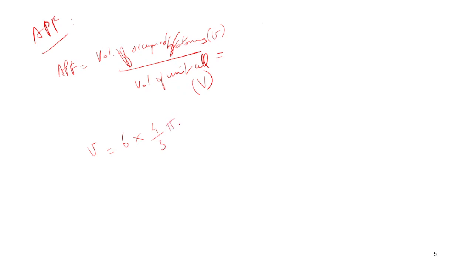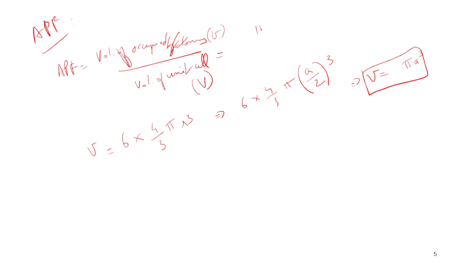volume is sphere. It's a solid sphere. So 4 by 3 pi r cubed, and if we solve this, right, it will be 4 by 3 pi. And if we remember, we solved that r is equal to a by 2, cubed, and then we finally solve it, the volume will be like pi a cubed, right? So we get pi a cubed over here, and then for the volume of the unit cell,